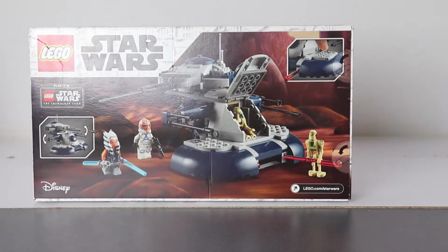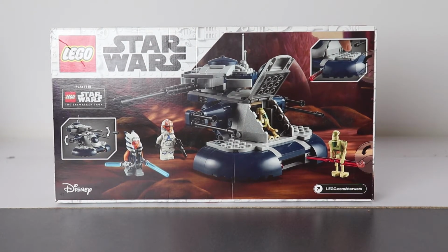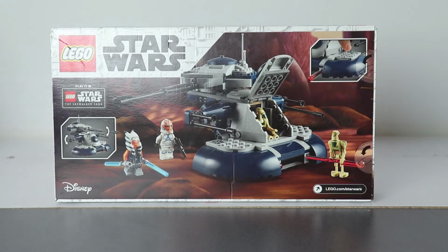And as for the back of the box, we get two more tiny images of the set. This one has a play feature, which is the spring shooter gimmick. This tank has a lot of possibilities, and the images show that. We have three options between the gun, the upsized tank build, and not so many upgrades from the movie,